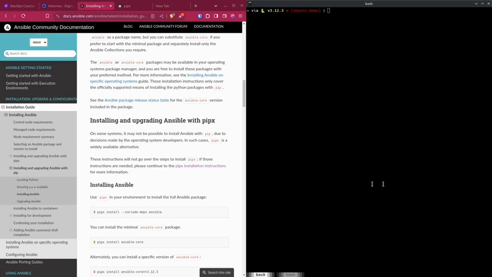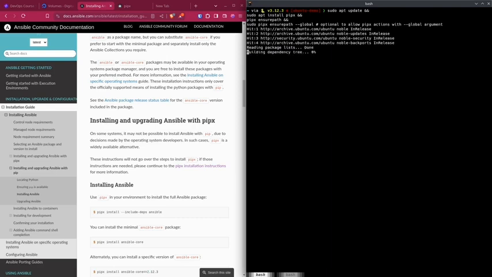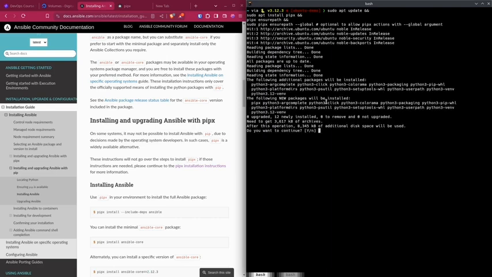Right now, there are various ways to install Ansible. I'm going to be walking you through the simplest method, which is installing it with pipx. The first thing I'm going to do is to install pipx. Before you do that, you have to be sure whether you have pipx installed. If you don't, just use this command to install pipx. It will install pipx for you. Once that is done, then you can